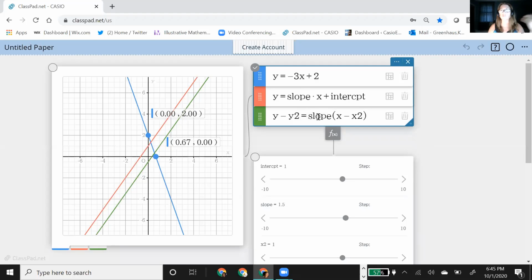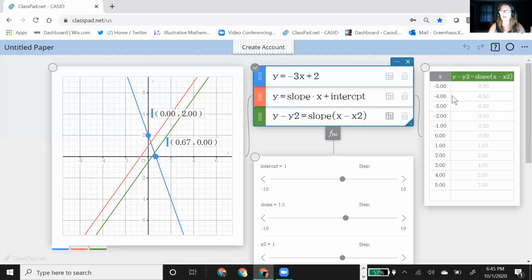That's, you know, 2 lines with the same slope are parallel to each other. How could I get them to be exactly the same? What would I have to do? Notice that each one of these is a function, even though we're using the variables, the sliders, so it has table capability. So you could now pull up your table and actually compare, like, where's this point? What's this point y, x2, y2? Where is that point? So you could have them exploring things like that.